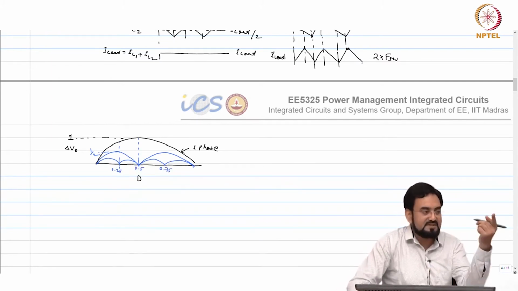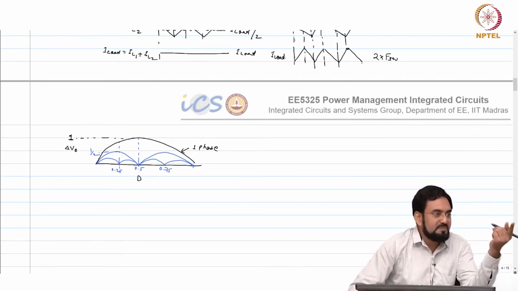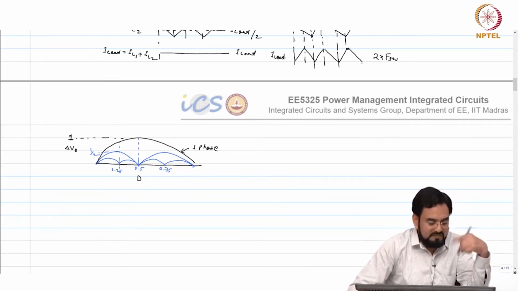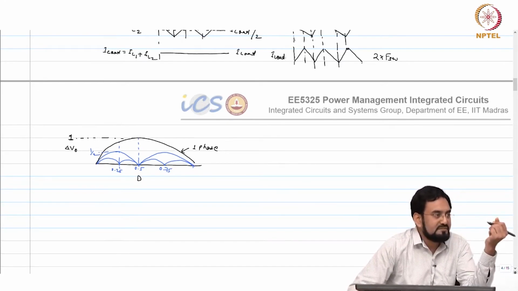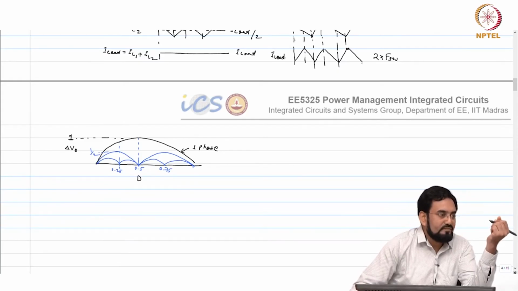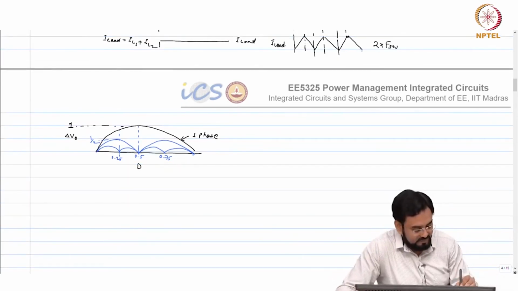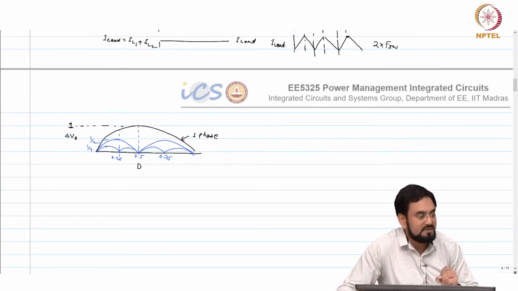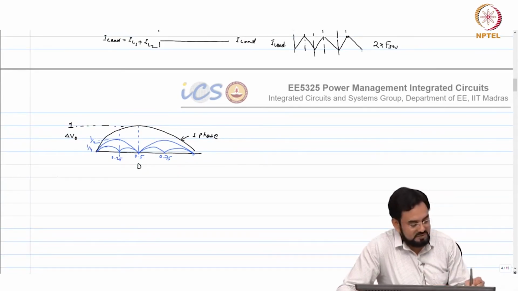So, when you have a 4 phase, then you will get a 0 ripple at 0.25 and 0.75, and this will be 1/4. So, your ripple is